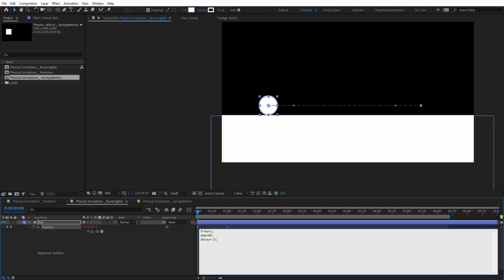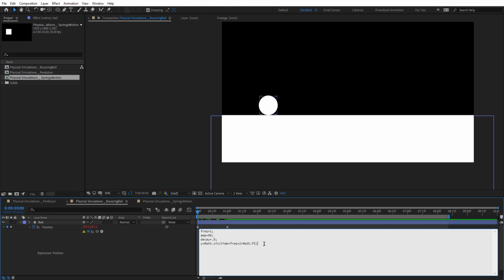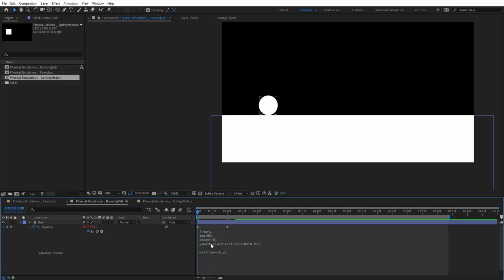And here we're going to name this Y, equal Math.sin, open parentheses, time times frequency times 2 times Math.PI. And now we're going to make the output of this, so position, which is the position of the values here, so position values minus [0, y]. So this is array minus array, so the values here of x and y minus this 0, which is going to be the same as this keyframe, minus the value of y, so we're going to basically get something,